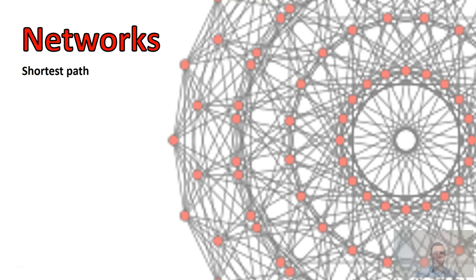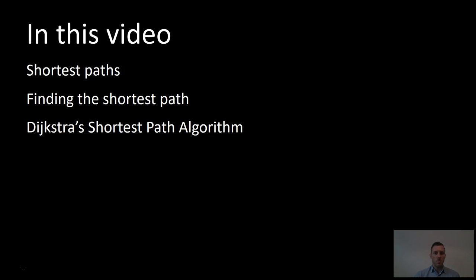In my number of paths video, we looked at finding the number of paths between two nodes. However, there are situations where we might not care about the number of paths between two nodes. In this video, we'll look at the situation where we find the shortest path between nodes. Specifically, we'll look at what the shortest path is, finding the shortest path, and Dijkstra's shortest